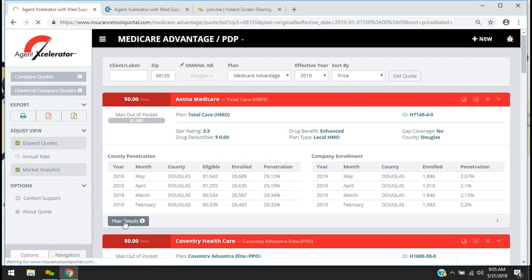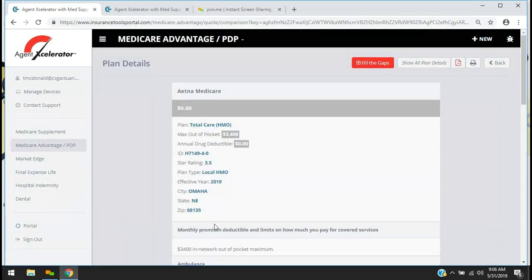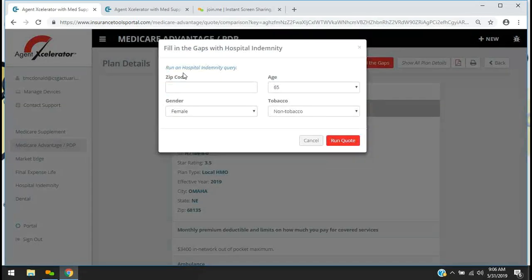If we click this Plan Details button, it's going to take us into the plan details, and we can actually do a hospital indemnity quote within the Medicare Advantage quote. So this is called our Fill in the Gaps feature, Fill the Gaps. So if we click Fill the Gaps, we're going to run a hospital indemnity quote, and we enter in those